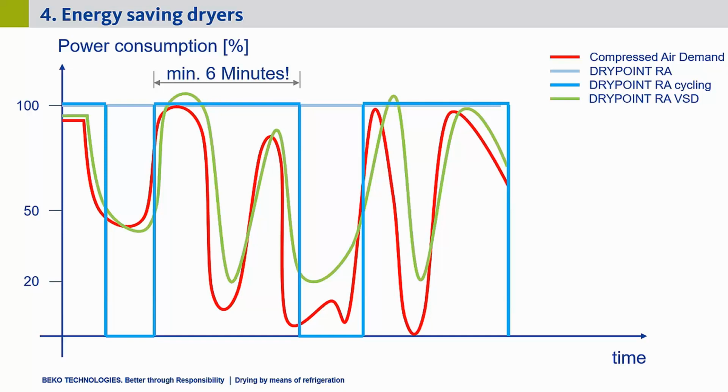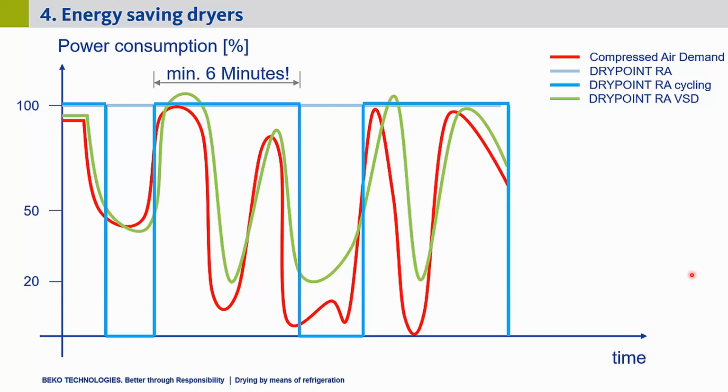The cycling dryers are only measuring the temperature in the refrigerant circuit, and the VSD dryer is measuring temperature and pressure. And therefore, it has more values to look at, and depending on how fast they change, so fast or slow, we also have a frequency controller in the circuit board,